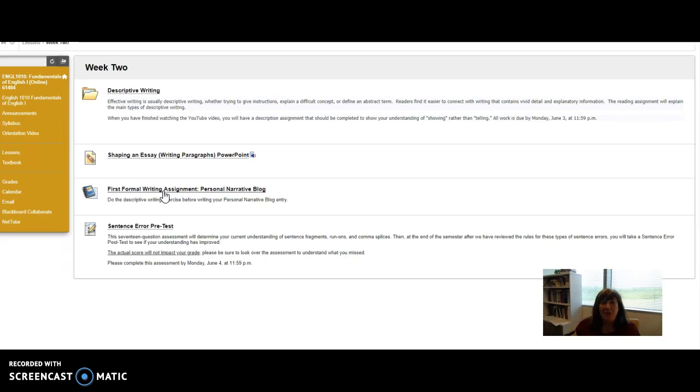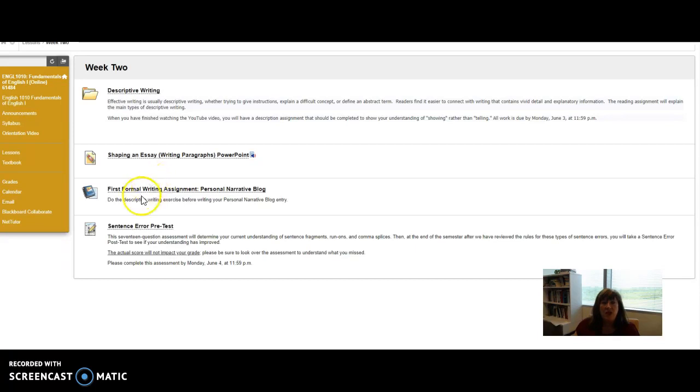I hope this never happens to you, but if for some reason you're in a wreck, the police officer will take all of your information, and then what he or she does is write up a narrative, the details. "The Chevy Suburban was driving south on I-75 when..." That's a narrative. It's an objective narrative. It tells a story. Now, what I'm asking you to write is a subjective narrative. So this is personal. This is your story about some first in your life.